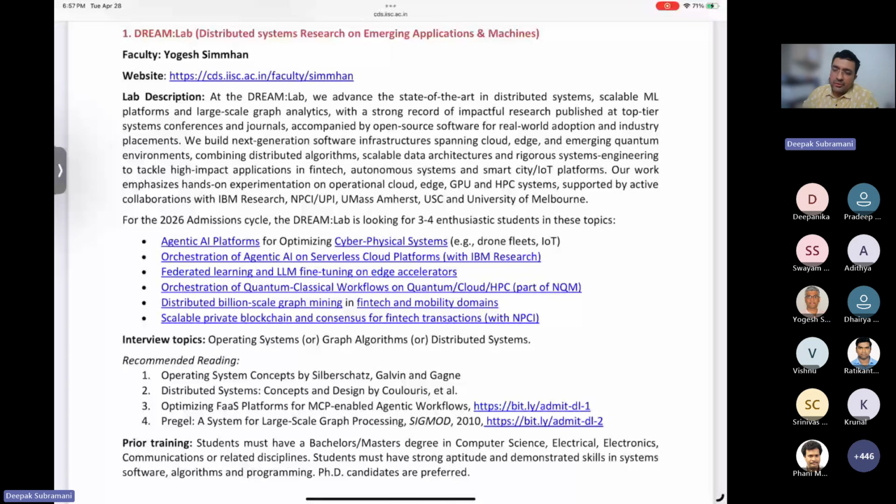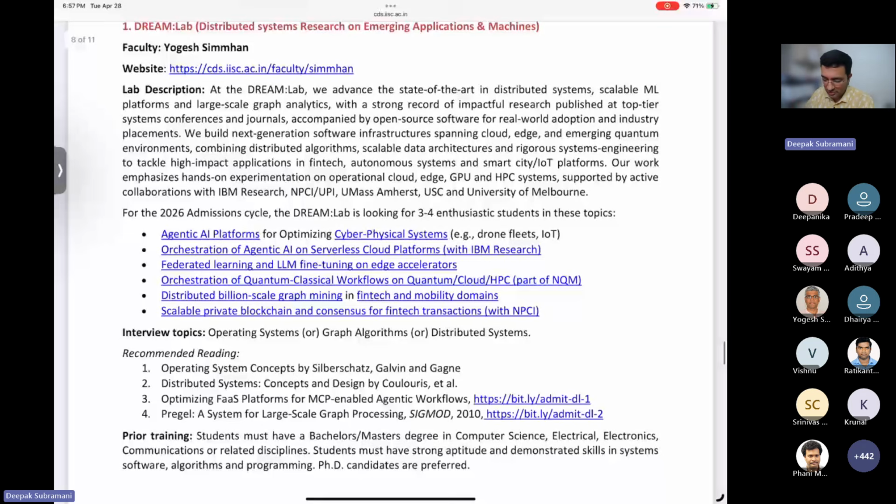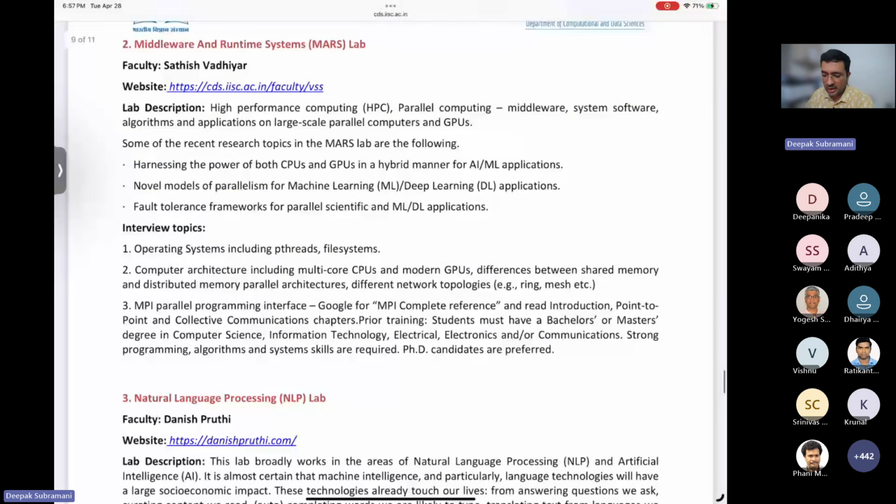Yeah, thank you, Professor Yogesh. As I told you, Professor Yogesh's lab is one of the unique labs in India that works on the systems side, looking at distributed computing and data at the level of NPCI. That is immense data. They work on data for public good. So please do look through the website and the papers, and do consider joining if systems is of interest to you. Next we will move on to the Mars lab.